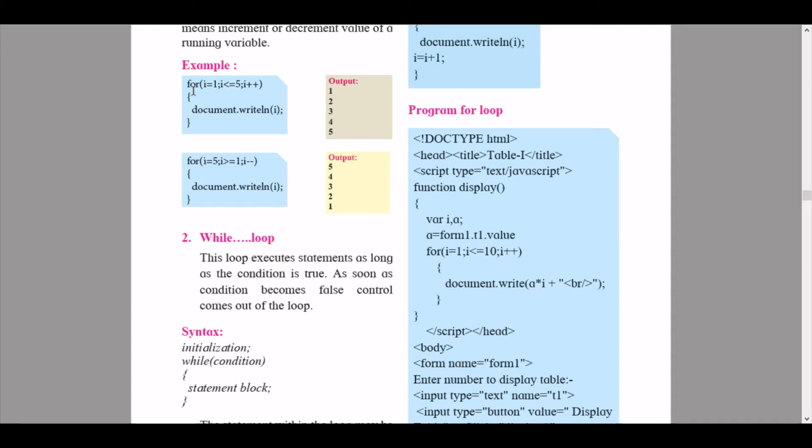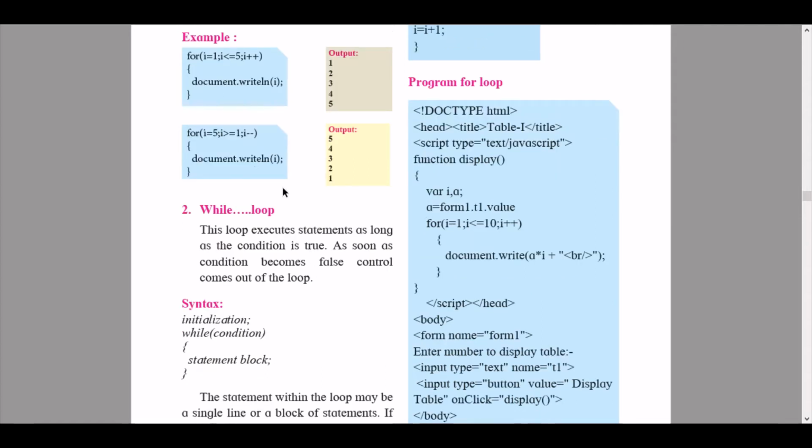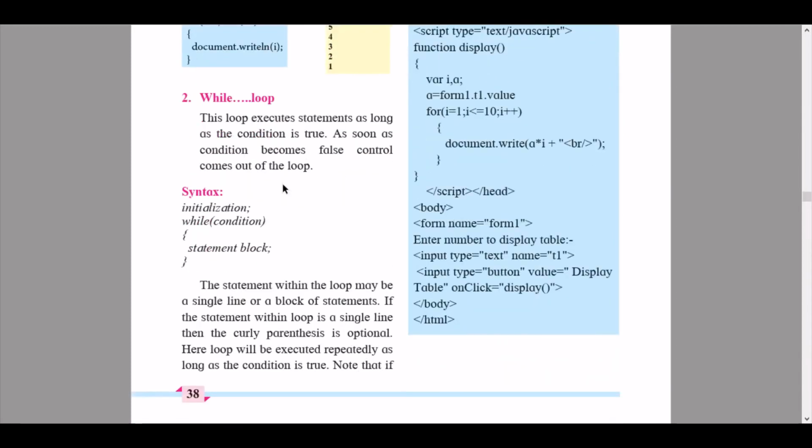So it will keep adding a number till the number 5, and it will be positive and it will be a natural number. So from 1 till 5, the numbers have been given as written in the code. Then we have the descending order as well. So please perform this on your devices so that you get a better overview of these examples and the topics as well. Then we continue to the while loop.